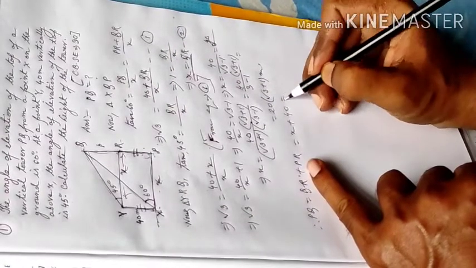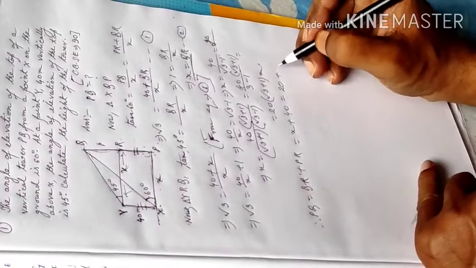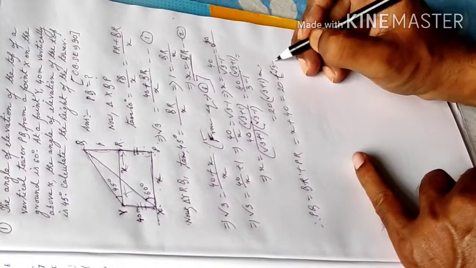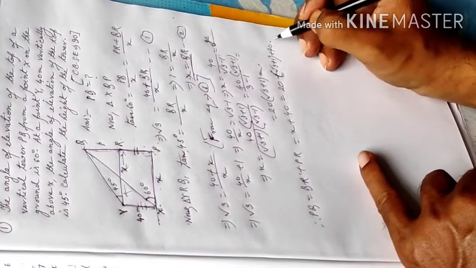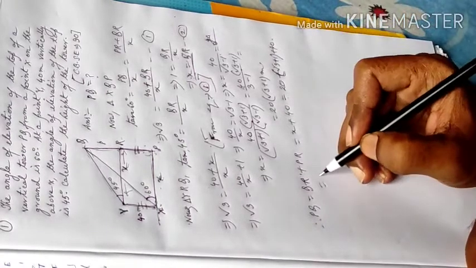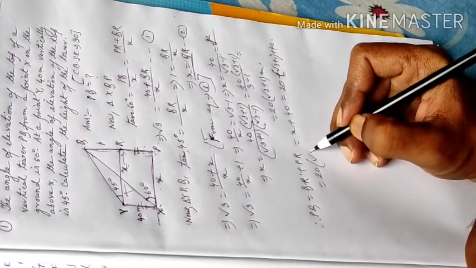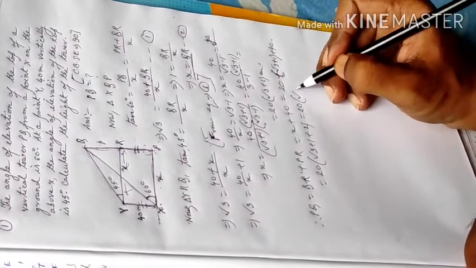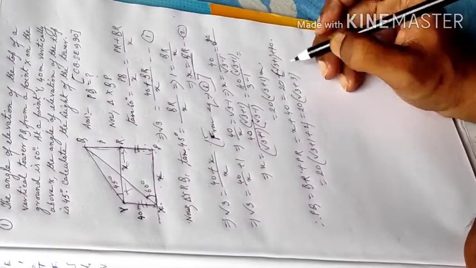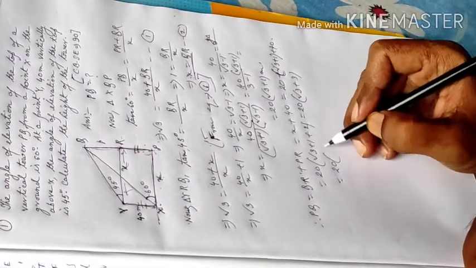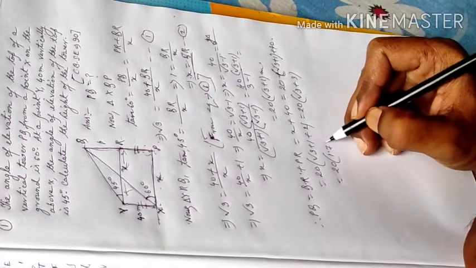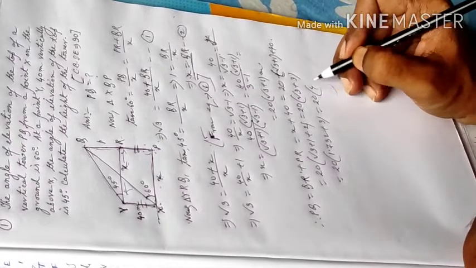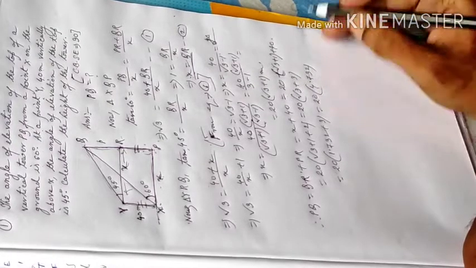So put the value of x here. x is equal to 20 root 3 plus 1 plus 40, or 20, take common 20, that is root 3 plus 1 plus 2, is equal to 20 into root 3 plus 3, is equal to 20 into root 3 means 1.732 plus 3, is equal to 20 into 4.732 is equal to,